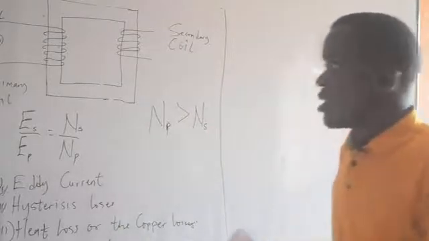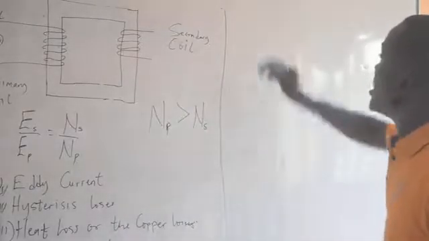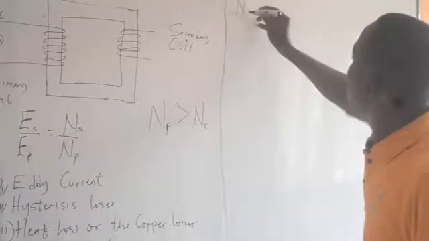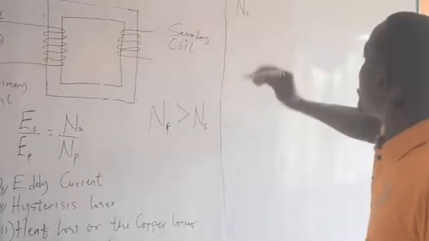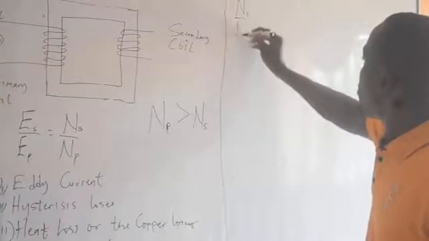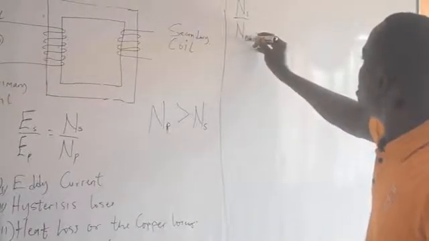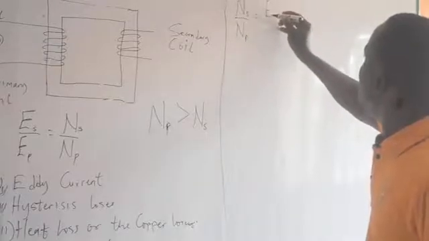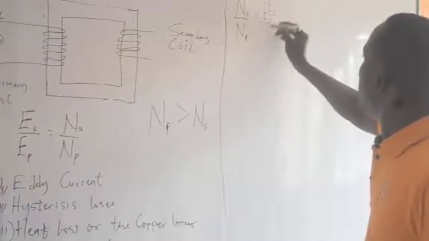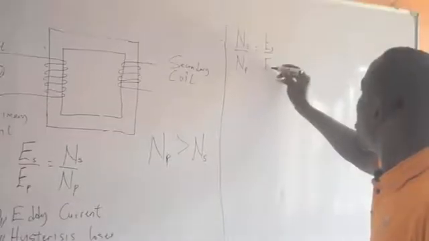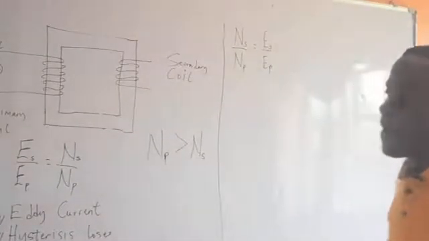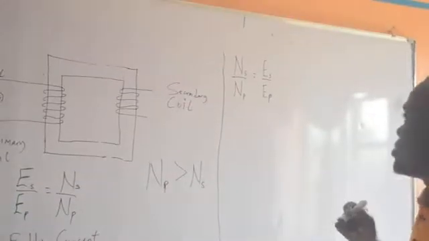So what is it? The best thing we have to do is to write out the formula that connects them, where we have the number of turns in the secondary, all over the number of turns in the primary, then the EMF in the secondary, all over the voltage in the primary. So from here, we were given voltage, and now they told us a question.